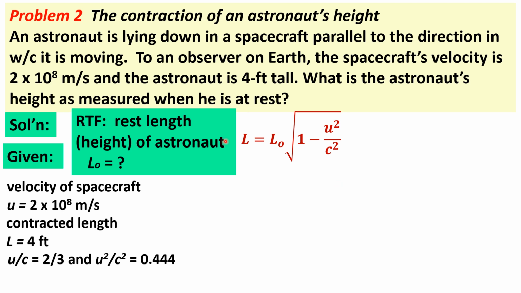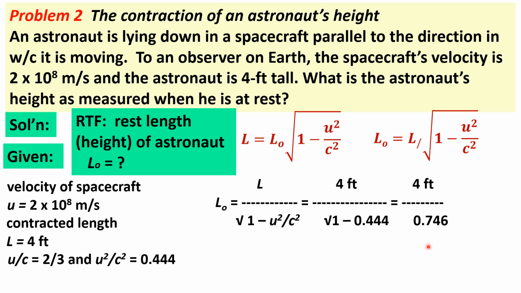Where L is equal to L naught multiplied by the square root of 1 minus u squared over c squared. But since what we are looking for is L naught, we just isolate L naught to one side of the equation, and our working equation therefore becomes L naught equals contracted length L divided by the square root of 1 minus u squared over c squared, and substituting the given,